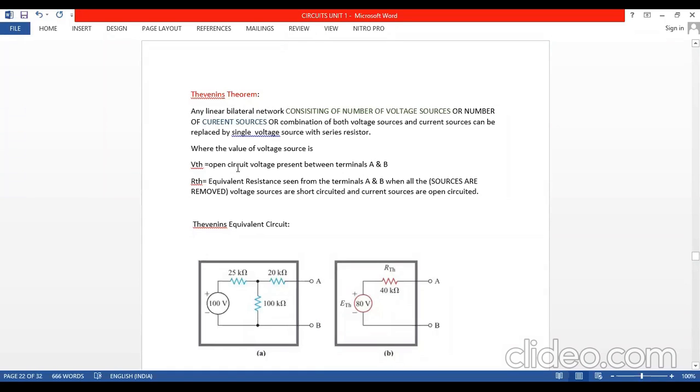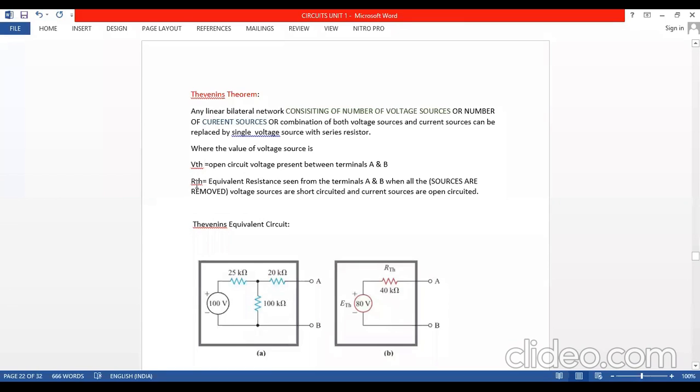All of you in your house, when you turn on the switchboard plug, you see that 3-pin plug. If it is open and you are not connecting any plug to that one, that condition is called the open circuit. That is when I turn on the switch, it is called the open circuit. Open circuit means voltage is present, current is equal to 0. And what is RTH?